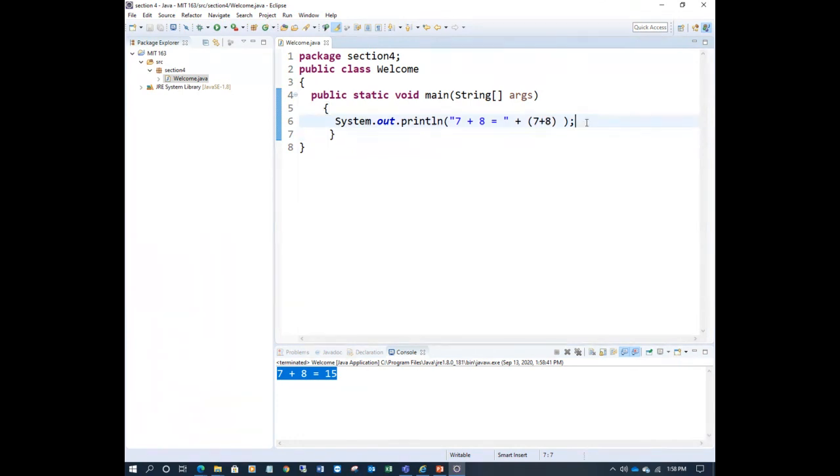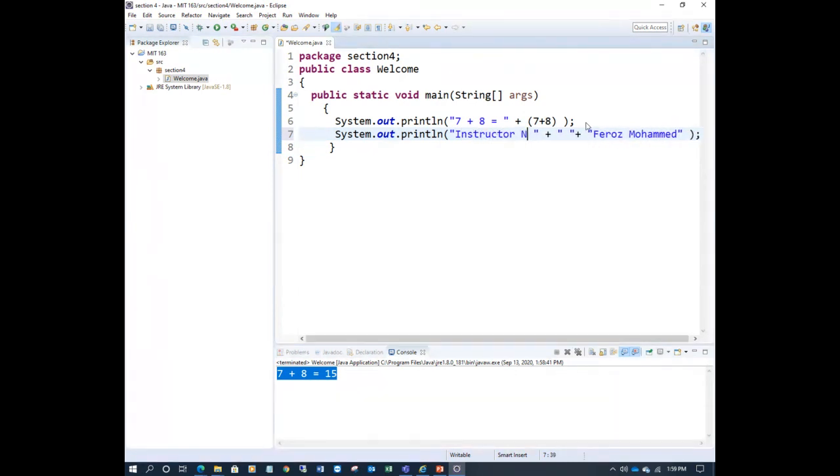So more you can add here. For example, I can just copy this one, Ctrl C, Ctrl V. I just remove here, like here, plus I want to give some space, this is a space, an empty string. I want to then add some more stuff. For example, I want to add some more text, Feroz Muhammad. So here I can write teacher name, sorry, instructor name, or can give some space here, or no need to give space here, also it will print.